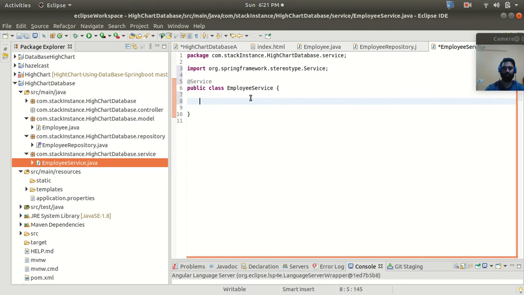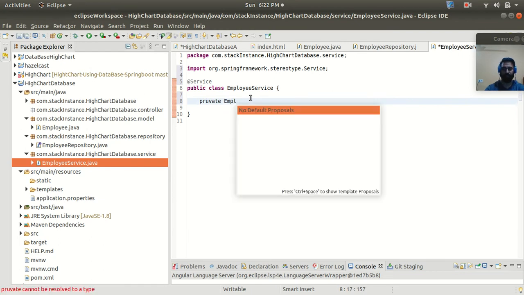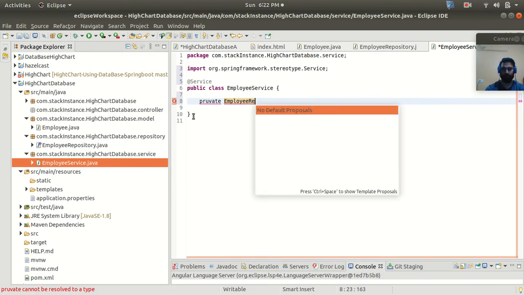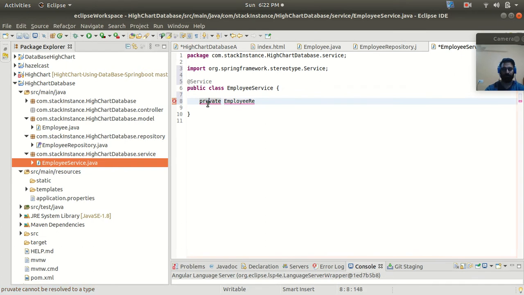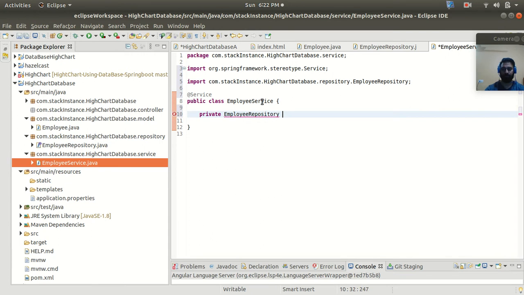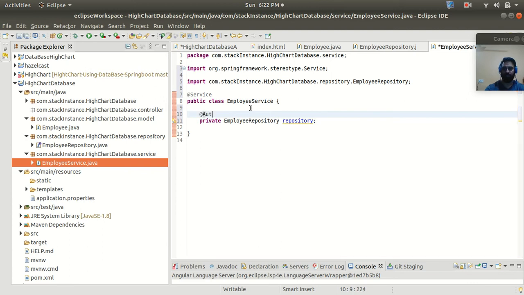So here I'm going to inject my EmployeeRepository, right? So let's inject my employee repository here. And the repository is my reference variable. So let's mark this with the Autowired annotation.